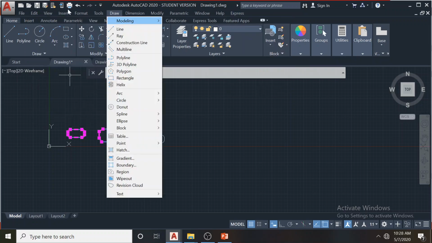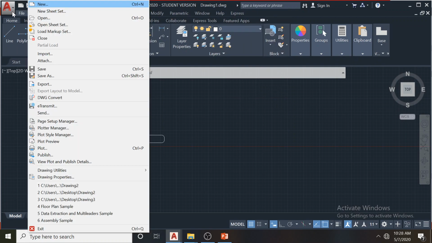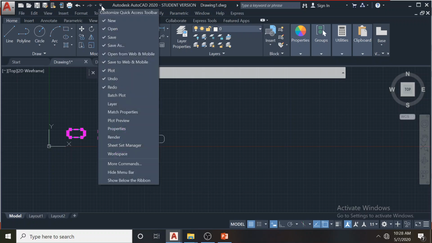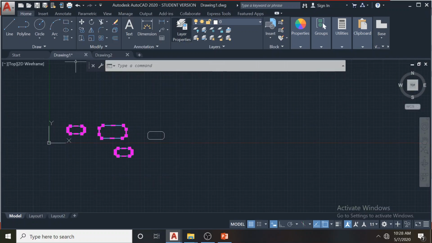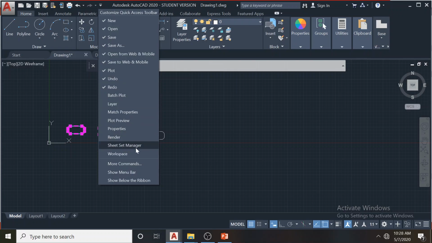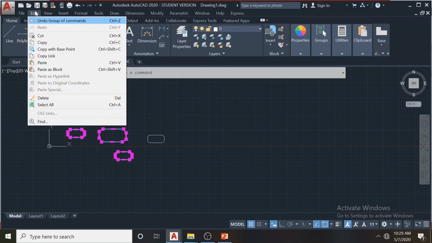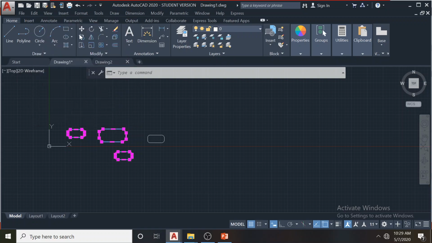If you cannot see this menu bar, the top bar, it is called the menu bar. Normally default settings will not show it, so you have to come here and turn the menu bar on. So I'm going to turn on this bar called the menu bar. This is actually the old AutoCAD toolset. The advantage of this is that I have a lot of things as a drop-down list, so it's very easy to find the copy tool from here, rather than trying to find the copy tool from the ribbon, which may be difficult.